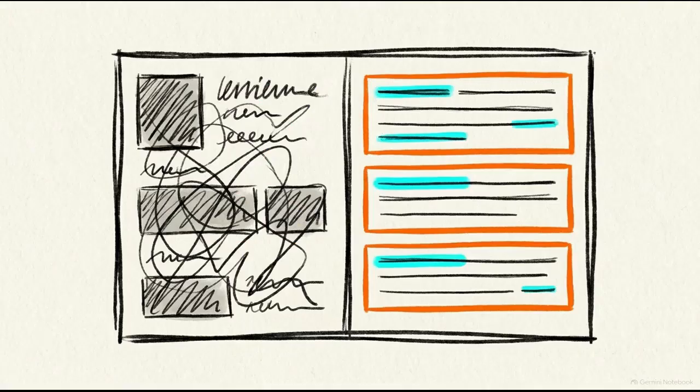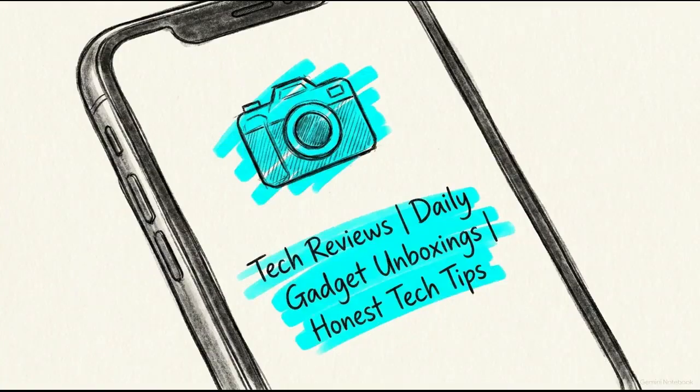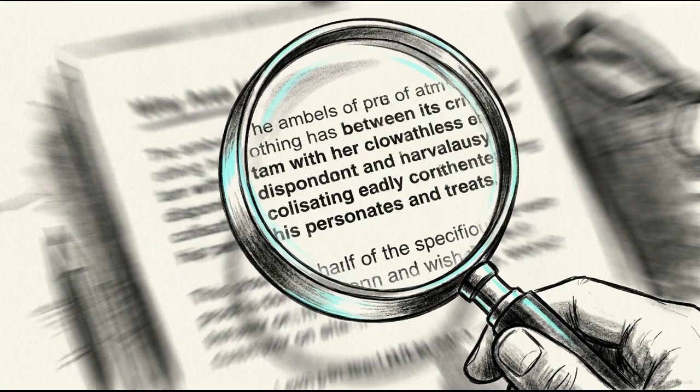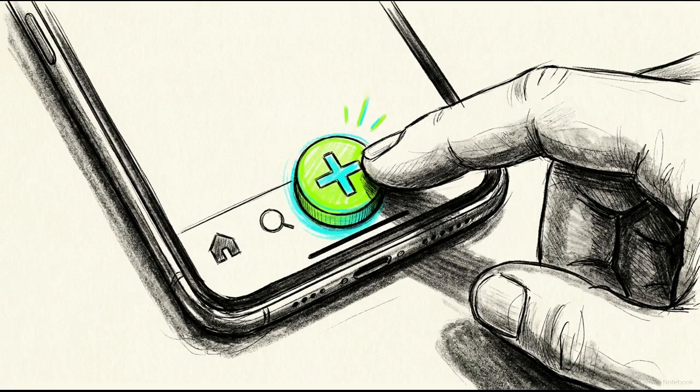A strong bio must instantly answer 3 specific questions: who are you, what do you do, and why should someone connect with you? If you are a business, use these answers to clearly highlight what products or services you offer. If you are a creator, tell people exactly what kind of content style they can expect to see on your page. Clarity is your best tool here. A perfectly optimized profile eliminates audience confusion, making it your primary conversion tool to turn passing attention into a dedicated community. With your profile established, open the Post Composer.